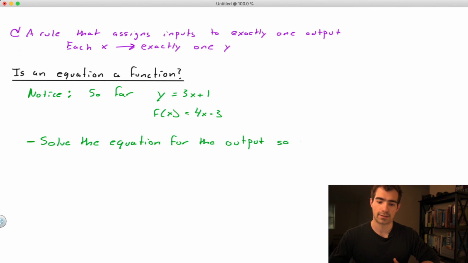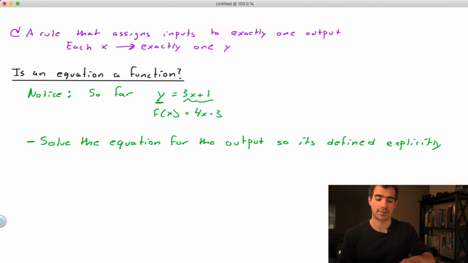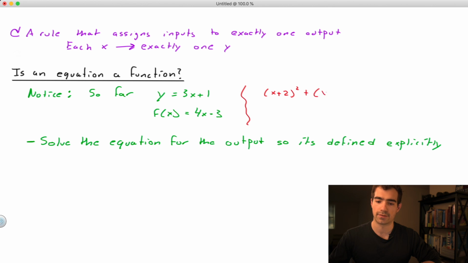So it's defined explicitly. And when I say explicitly, I just mean here's y all by itself, here's precisely the rule that determines the output on the other side. In contrast with something like, say, if we had (x + 2)² + (y − 4)² = 9, right? Something like this is the equation of a circle,